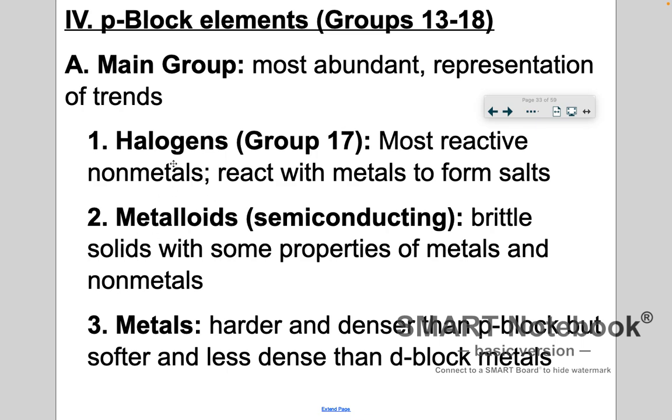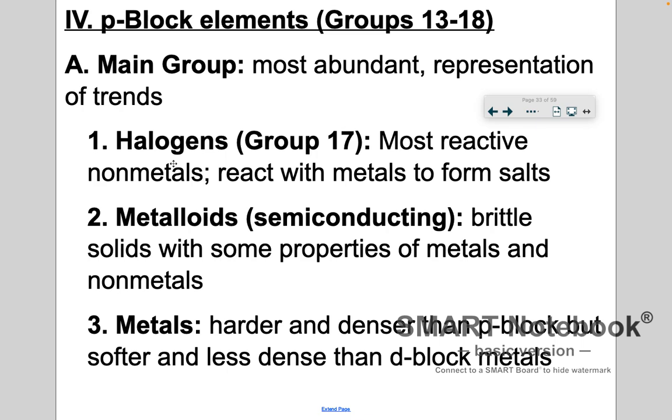But group 17 are the halogens, and they are the most reactive nonmetals. Group 1 are the alkali metals. They are the most reactive metals. Halogens are the most reactive nonmetals, and they react with metals to form salts. So that means they will gain an electron from, usually, an alkali metal in a violent reaction, and become a stable substance. So that is our halogens. Usually that stable substance is a salt, like sodium chloride,